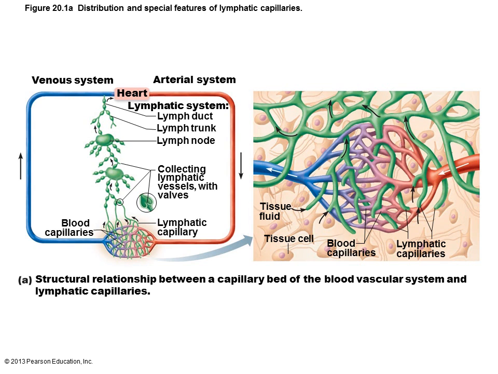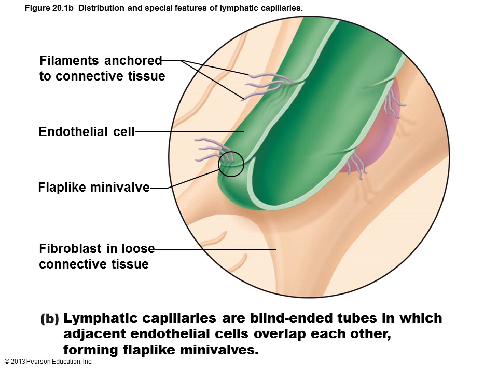Lymphatic collecting vessels are similar to veins, except that they have thinner walls with more internal valves. As you see this,